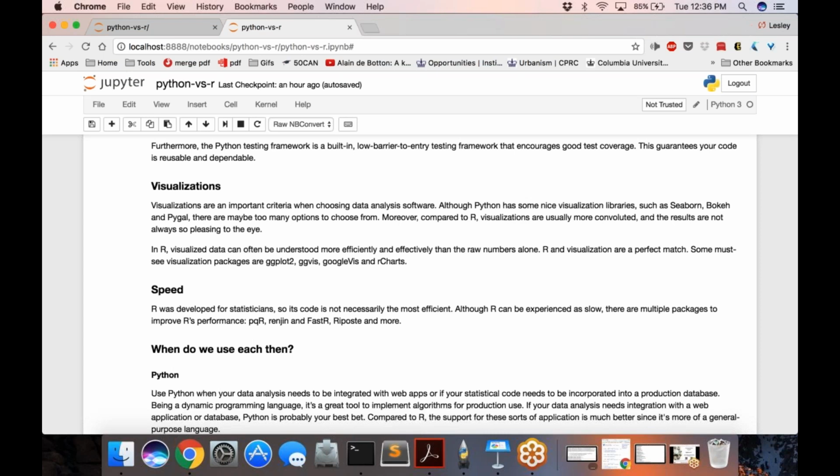But the downside here is that R does have Shiny, but R's support of deploying visualizations onto an application isn't as strong. And again, this goes back to that same theme where Python is much more general use. But otherwise, especially in standalone applications, right, R absolutely outperforms Python.